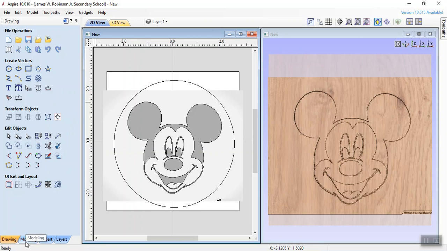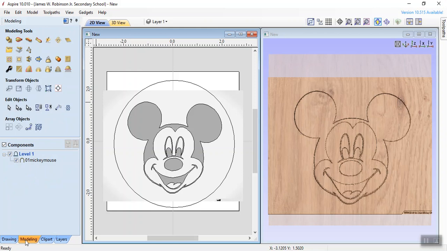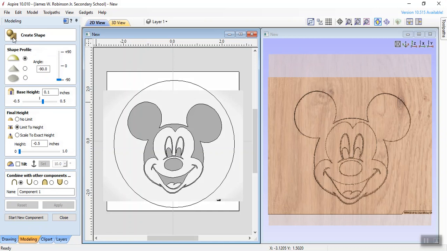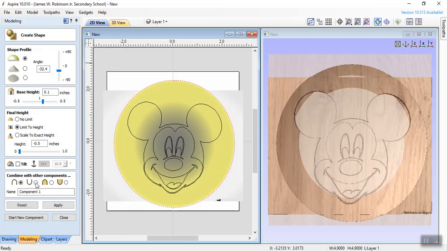Let's go to the modeling tab at the lower left-hand corner. We are on the drawing tab. Let's go to the modeling tab. Okay. And the circle, I want the circle to be a depression. So I'm going to move my cursor, select, create a shape from the vector outlines. So click on that, create a shape from vector outlines. And I'm going to select the circle. What I like to do is create a depression,